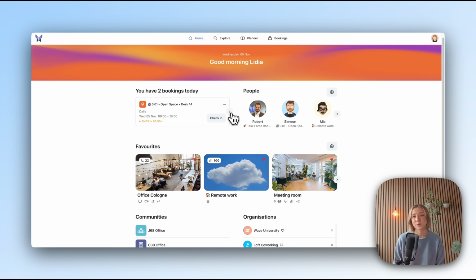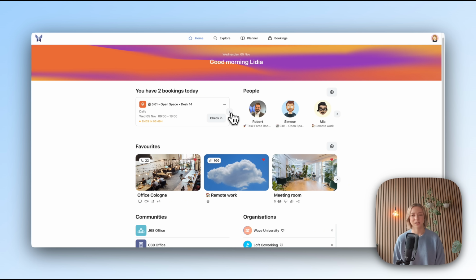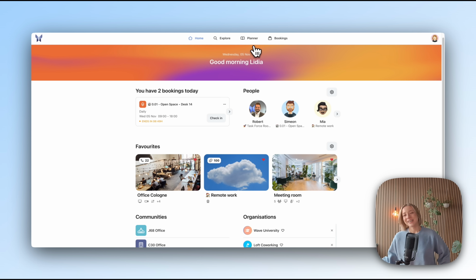And you can also do a check-in, a self-check-in here in case you have an issue with no-shows in your office. You can allow the option of a self-check-in for a booking. So in case a person does not appear in this room, for example, for the particular time and does not check in with the booking, then the slot will be opened again for others to book in. So that's that. These are the main features on the booking page.